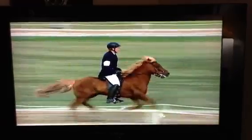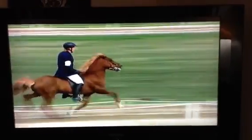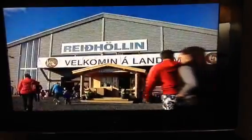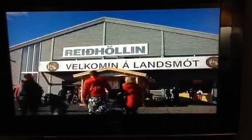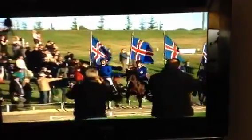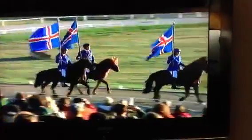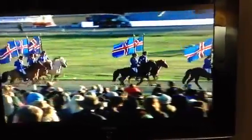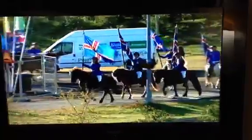The Landsmót itself is the biggest event in Iceland at the time. We usually have up to 50,000 people who come to Landsmót, and it's a really good time that week, especially the weekend. And it's much more than, you know, seeing the horses. But for a rider to be elected and represent his club is very, very important. You will see all the riding clubs being presented, and being part of representing your riding club is important for many